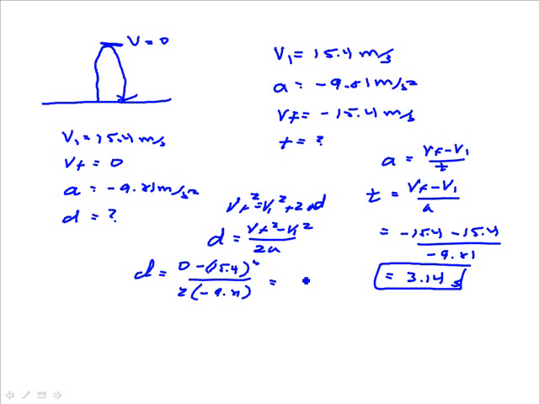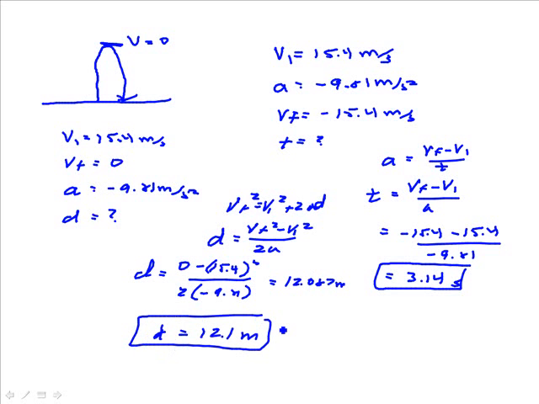And we get 12.087 meters, or in other words, the maximum height, if we go to 3 sig digs, is 12.1 meters. And that would be your answer. The maximum height reached by that object is